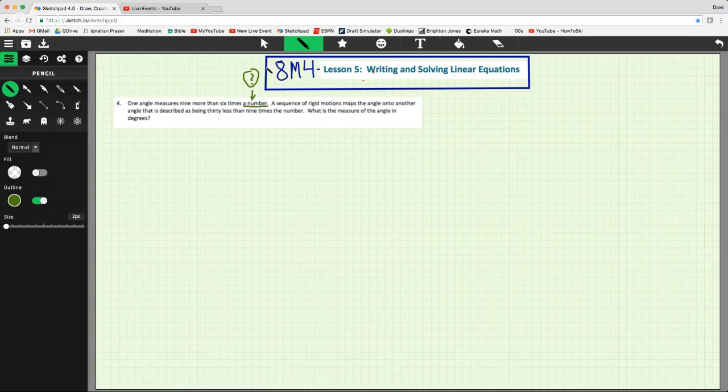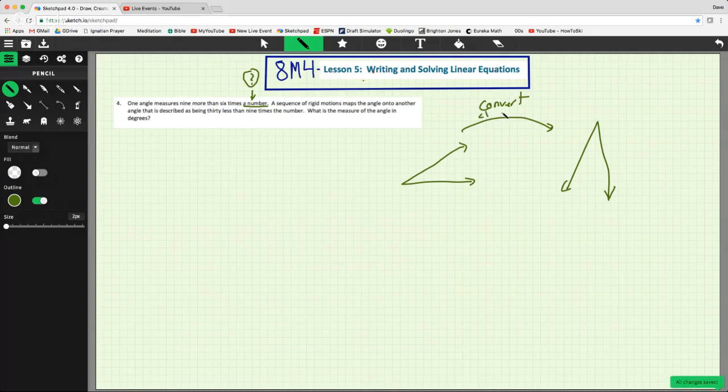A sequence of rigid motions maps the angle onto another angle that is described as being 30 less than 9 times the number. Wow, what does this mean? A sequence of rigid motions. So I have an angle like this, and I have another angle like this. And what they're saying is that I can take a series of, if I can convert,